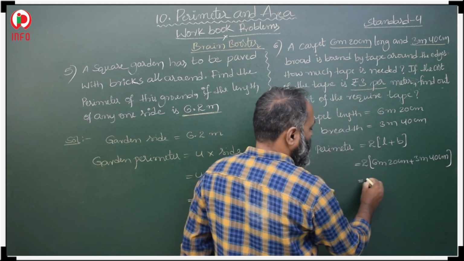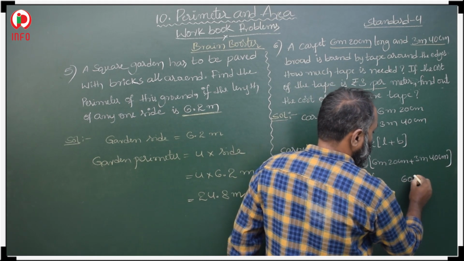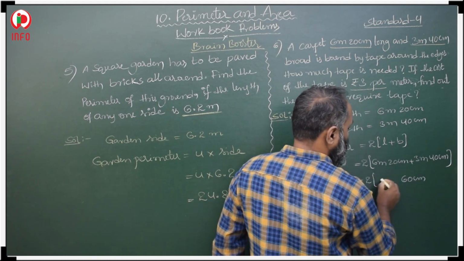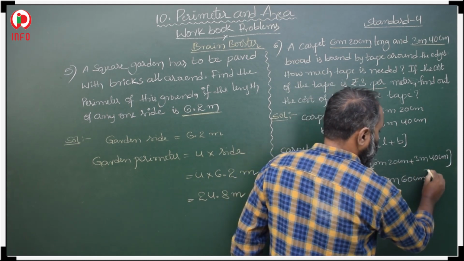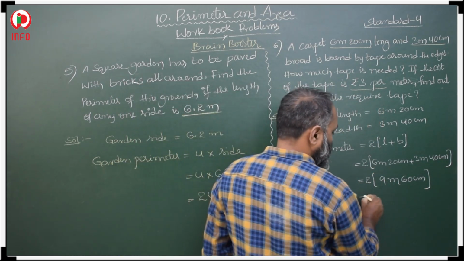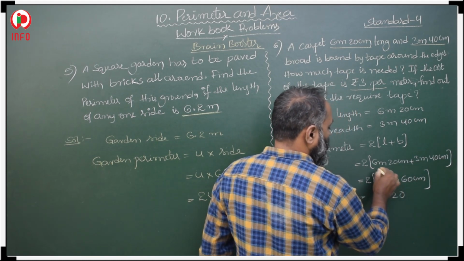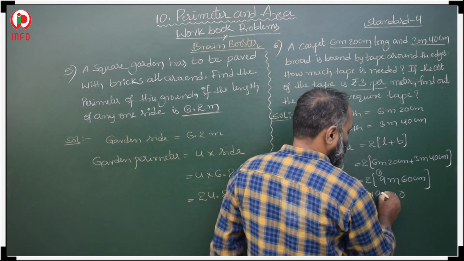If we add, what is the answer? 20 plus 40, 60 centimeters, 6 plus 3, 9 meters. 9 meters 60 centimeters. Now multiply: 2 zeros are 0, 2 sixes are 12, so 19 meters